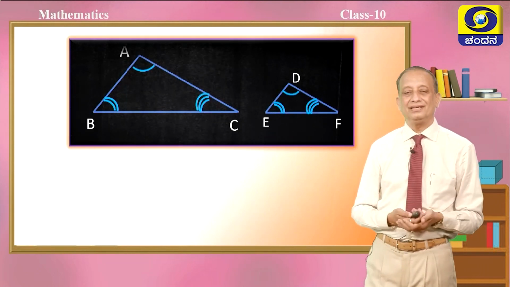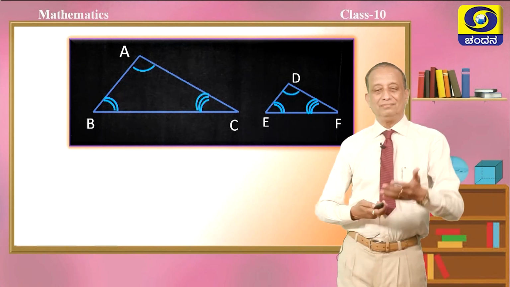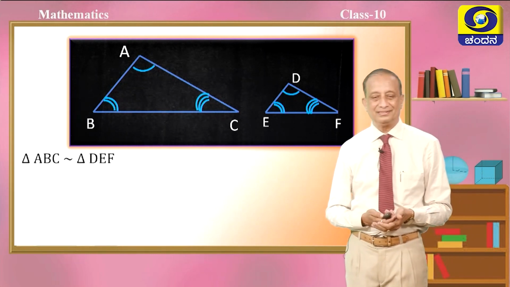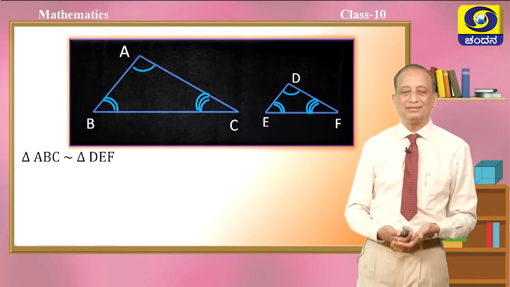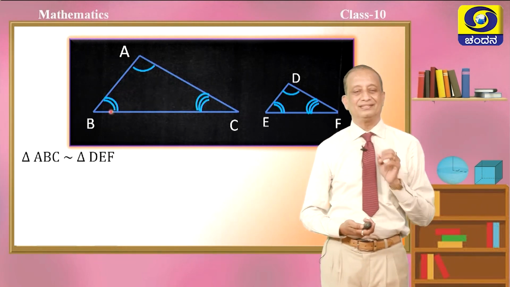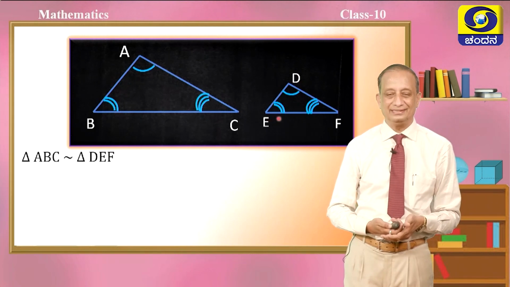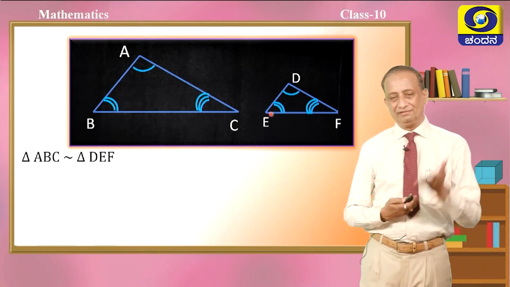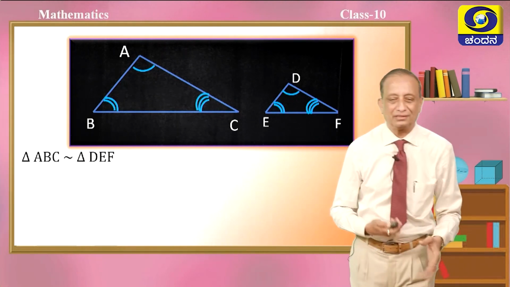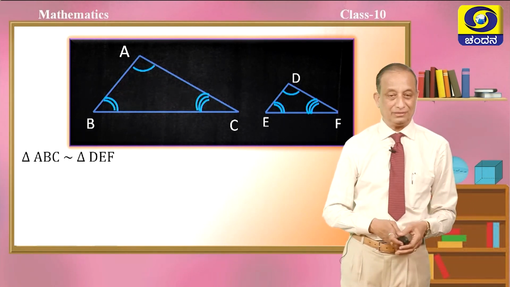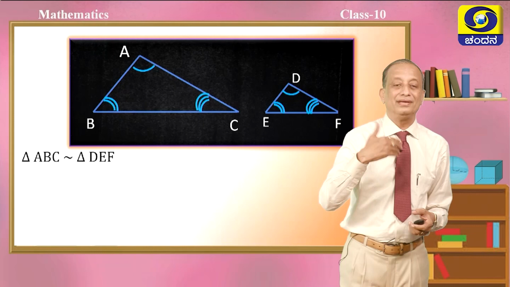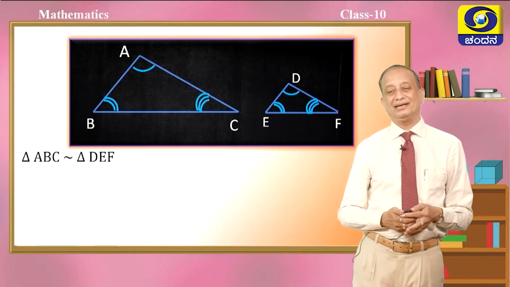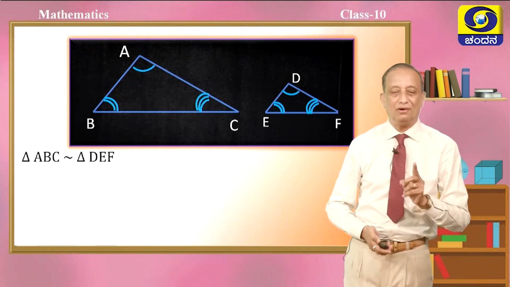You are able to see beautiful similar triangles having the same shape, they are equiangular, children, therefore, they have to be similar. Therefore, triangle ABC is similar to triangle DEF. But what about their sizes, children, their areas? Definitely triangle ABC is quite larger than DEF, anybody can say this, but today we are going to understand how many times triangle ABC is larger than triangle DEF. That is the main objective of this session.